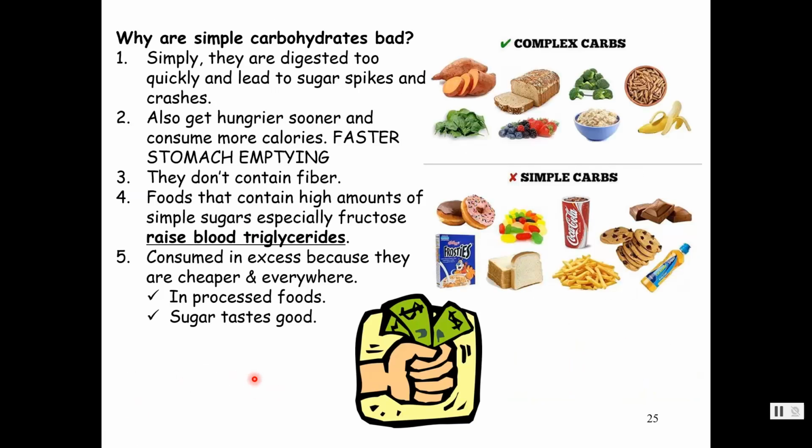All right, so you've heard a lot about sugar. Why are simple carbohydrates bad? They're already in their monomer unit, so they get absorbed rather quickly, which leads to blood sugar spikes and also crashes. Remember, homeostasis is kind of like a man walking on a tightrope, so there's always some variability, and the body doesn't always get it immediately right at the set point, so it can overshoot sometimes. Simple sugars also move through the stomach the fastest, so you get hungrier sooner. And if you're hungrier sooner, you're going to consume more calories overall.